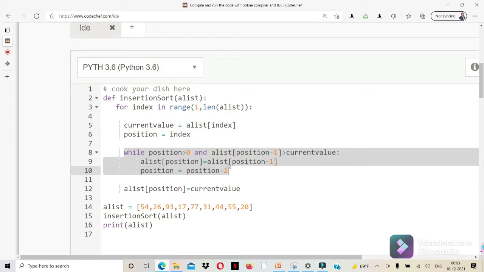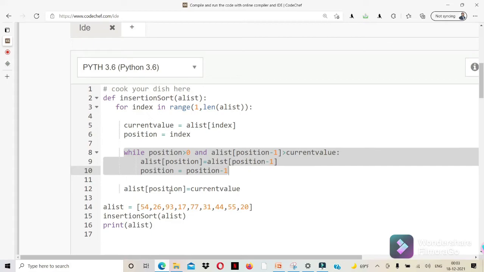No. So when you come out of the loop, position we extracted. Okay, so position is now 1. Actually it is 0 in the array because it starts from 0. So array of 1 equal to the current value. The current value is the third element, 27. Okay, so here 27 is going to be placed.